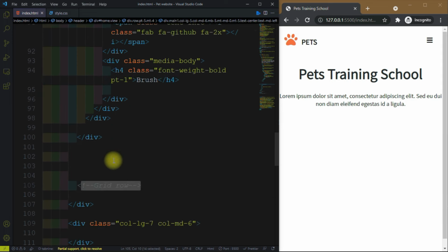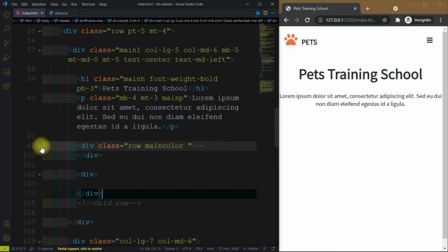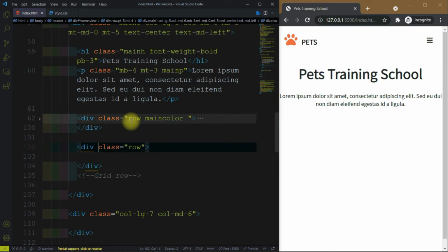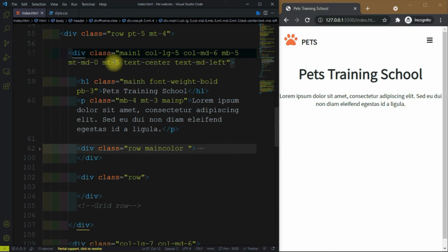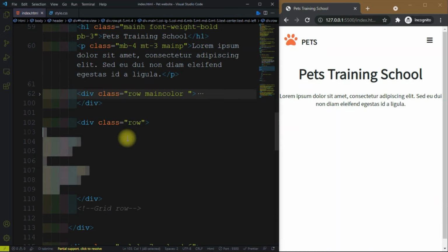Now we need to create another row after the first row. So this is the first row. Now we need to create another row. This is the first row and this is the second row, and these two rows are in the 5-column div. Okay, and now create the 12-column div,